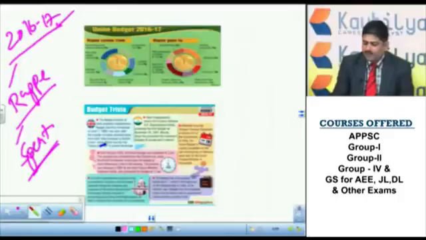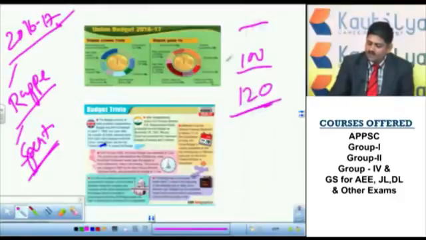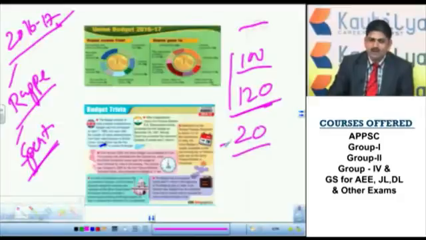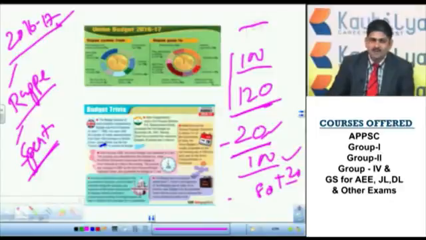For example, if you are earning 100 rupees and spending 120 rupees every month, that means every month there is a deficit of 20 rupees. You are forced to go into deficit every year. This is known as deficit. Suppose you are earning 100 rupees every month and spending only 80 rupees, that means every month 20 rupees surplus is there. There is no deficit and 20 rupees surplus is there.